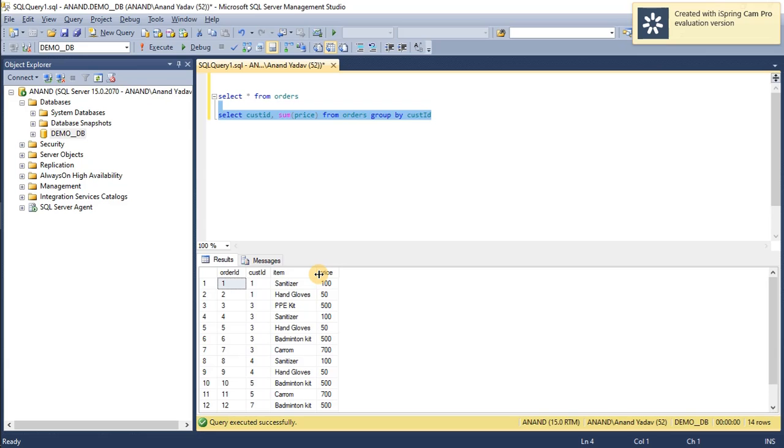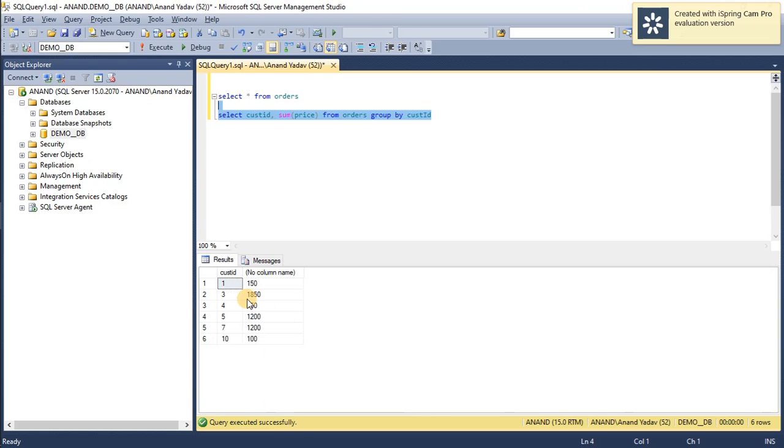So the aggregate function itself performs a computation. We calculate the sum of price and it will return a single row as a result. As per the definition it will return a row with customer ID equal to 1 and the computation of these two. So the result will be 1 and 150, and 3 and the sum of the price that is spent by customer ID equal to 3, and so on. So let's see the output. Yes, here you can see that.